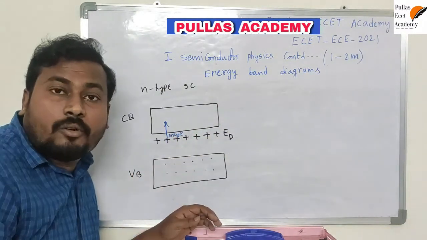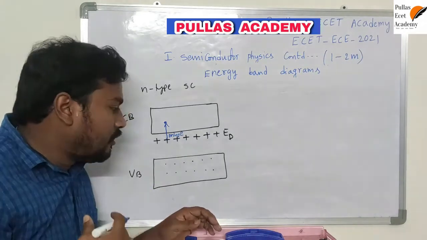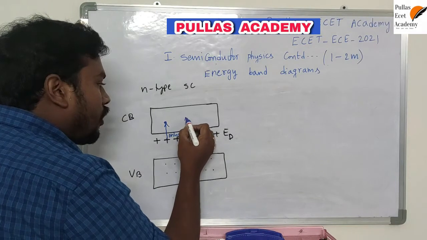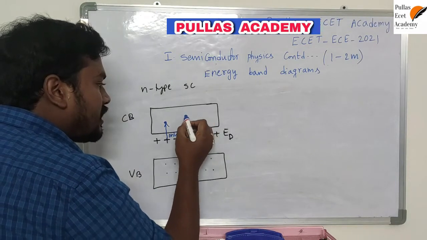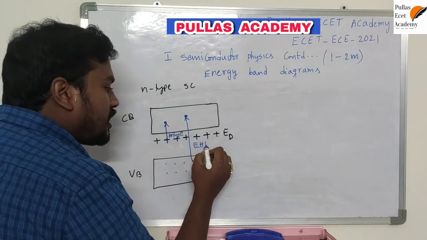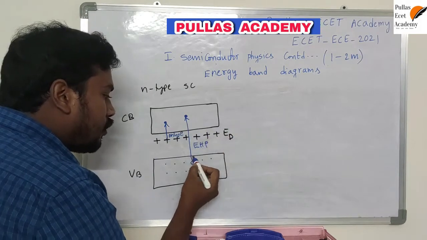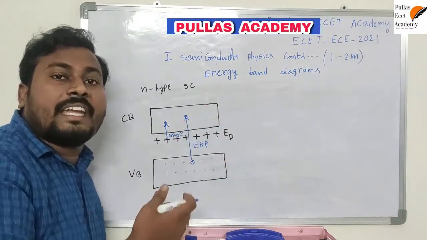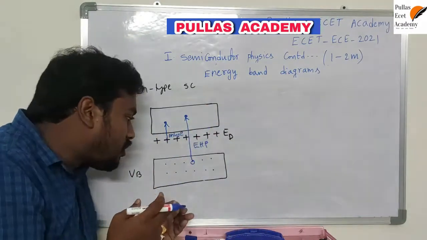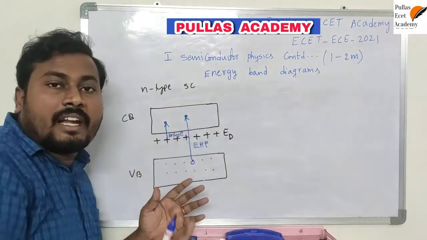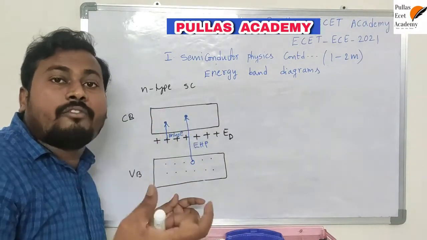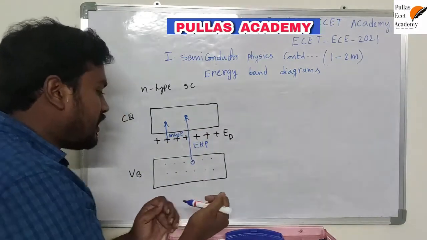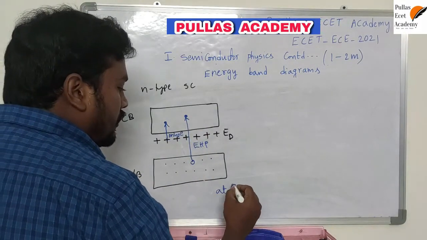And what happens at T equal to 300 Kelvin? Very good. So at T equal to 300 Kelvin, valency electrons are moving to the conduction band. So EHP generation is taking place. Here there is a hole. At T equal to 300 Kelvin, covalent bonds are breaking down. What does it mean? Electrons are moving from valency band to the conduction band. Thereby, now they are becoming free electrons. Okay. So this is at T equal to 300 Kelvin.